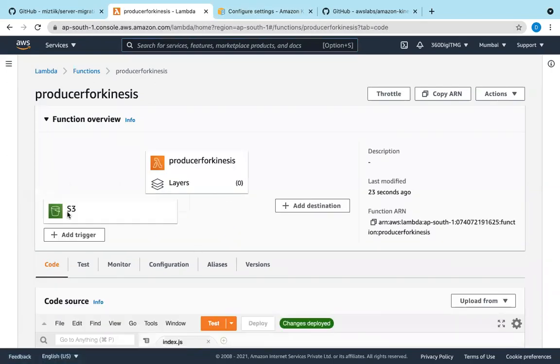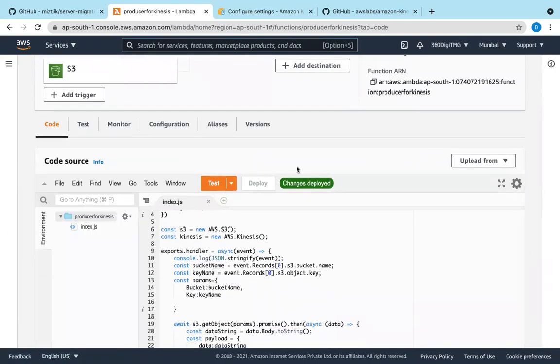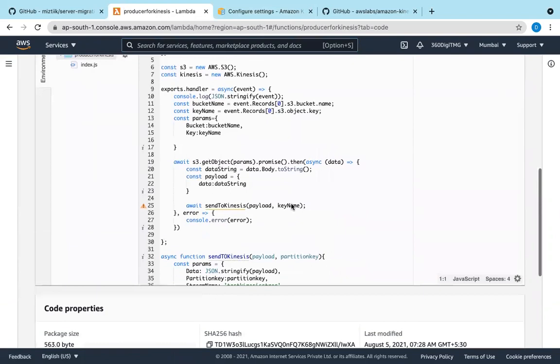Now the S3 trigger is there. When .txt files come, only then will this Lambda get triggered. Trigger means this piece of code will get executed.